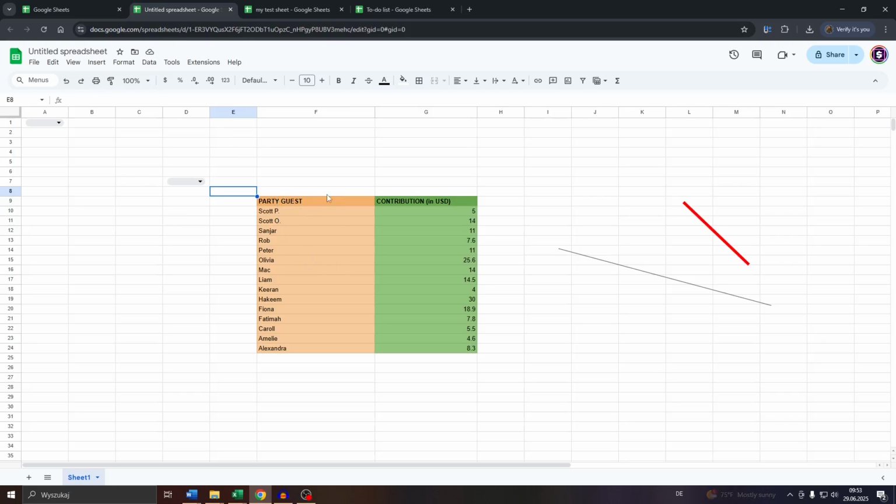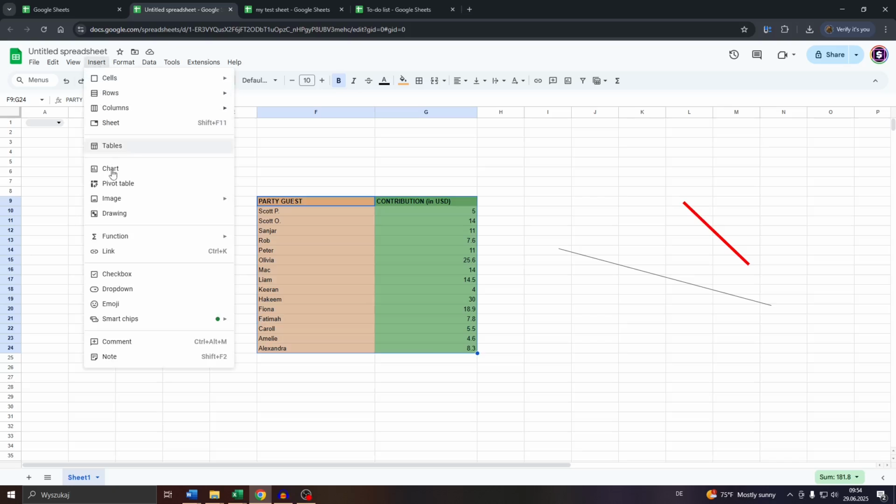Head over to Google Sheets, access your spreadsheet, and what you want to do, guys, is select the data you would like to convert into a line graph, which in this case here would be that table with the column here to the left with the party guest, as well as that column to the right with the financial contribution. So select the entirety of that data, and after that click on insert here at the top,